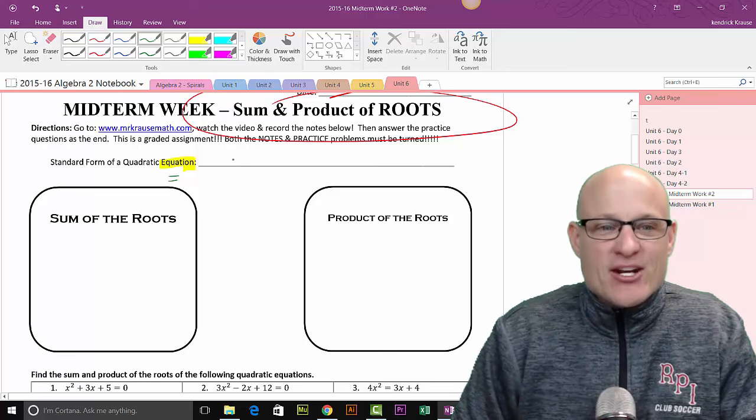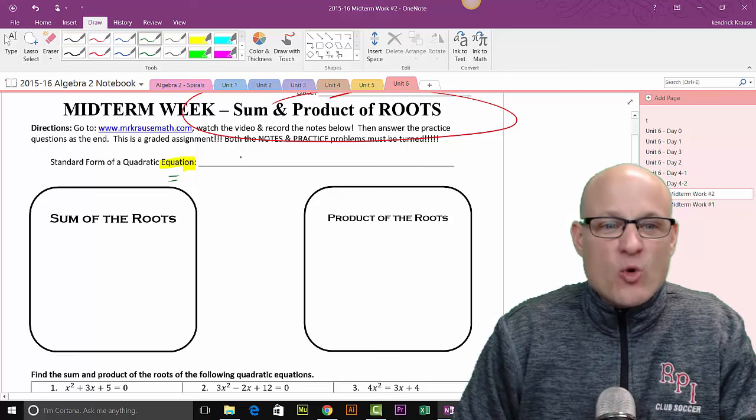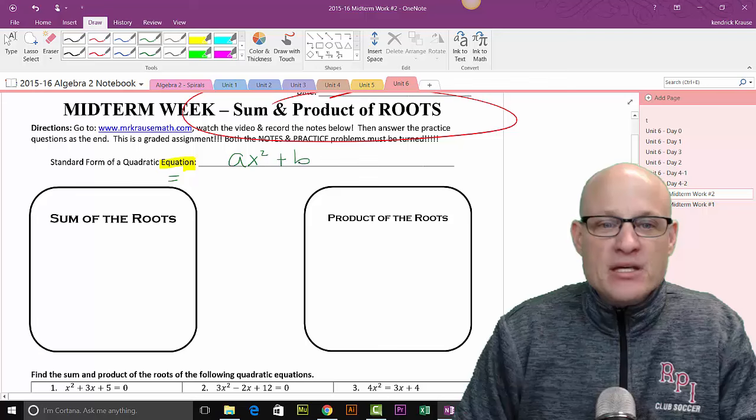So standard form of a quadratic equation is, and this should come as no surprise, ax squared plus bx plus c equals